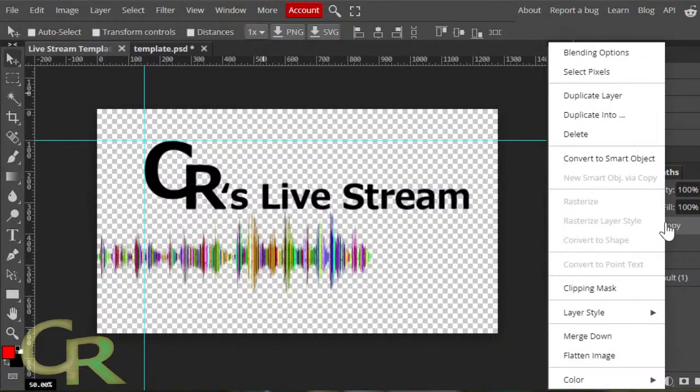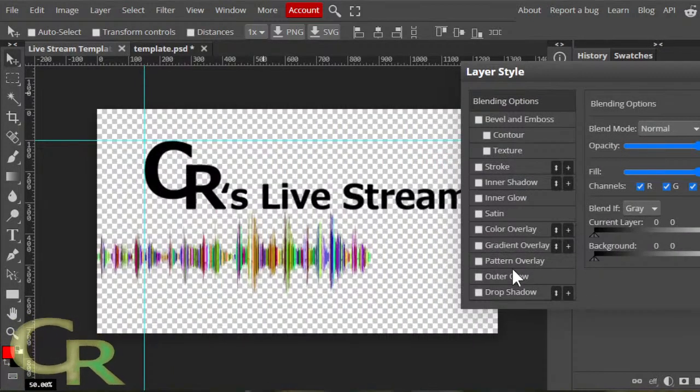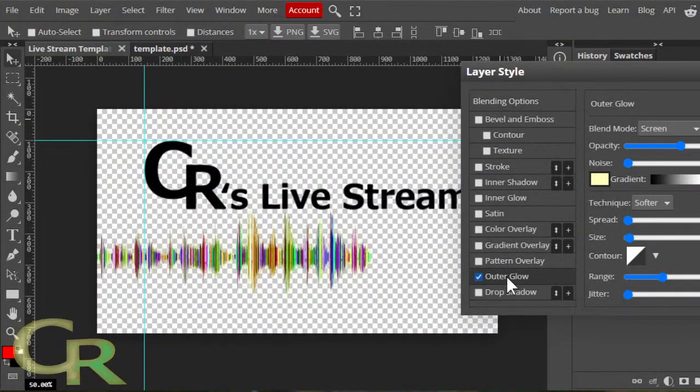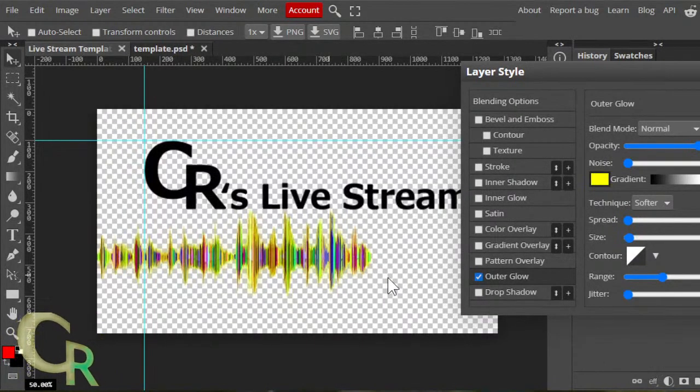So what I think I'll do is try the blending options. Outer glow, I guess we'll see. No. Oh, wait, not outer glow. I should use color overlay.